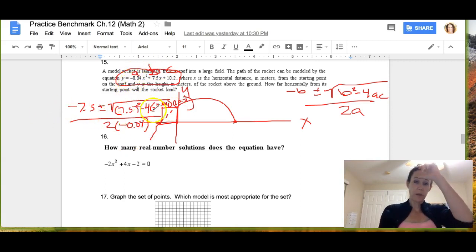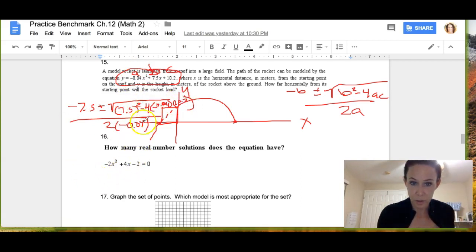Sorry about that. Okay, now we're just going to calculate these values. This is just a matter of calculation, so grab your calculator and make sure you work this out correctly. And I'll do that real quick. So if you work this part out under the radical, 7.5 squared is 56.25, and then negative 4 times negative 0.04 times 10.2, all of this is a positive value, and this whole thing becomes